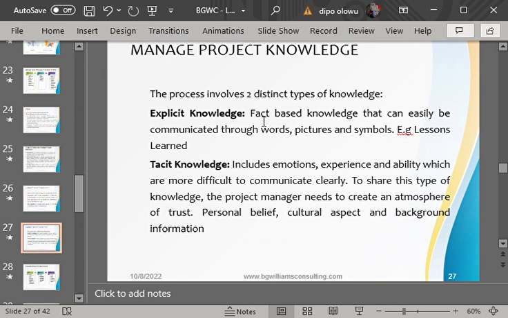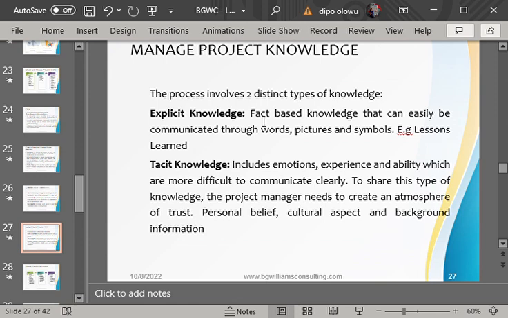These are knowledge that is easy to communicate, either through words or through the use of picture or through the use of symbols. We call it explicit knowledge. The knowledge that is easy to communicate, the knowledge that is easy to share.